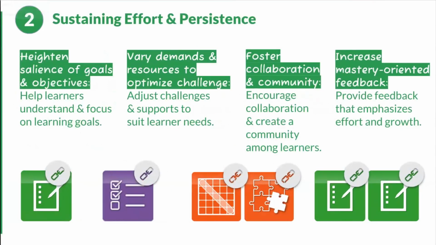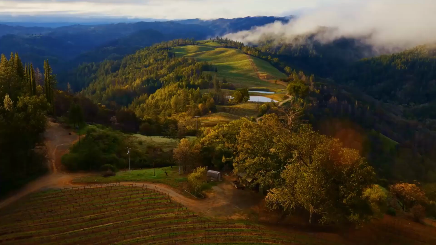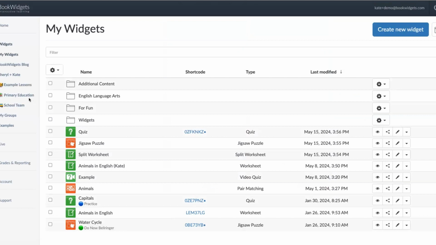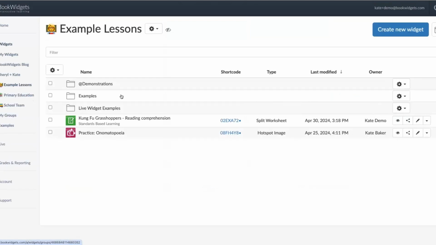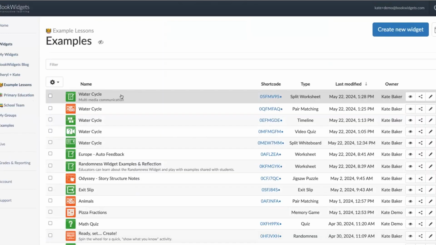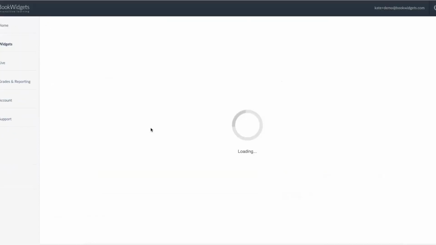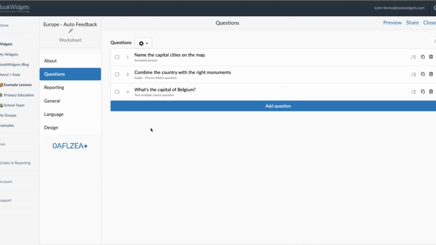So let's go check out that one that I just dropped in the chat, and let's go take a look and see. Oops, wrong way. Here we go. And I want to show you behind the scenes what that looked like. So, examples. Okay. This one. Okay. So behind the scenes, I'm in the widget editor, and what we have is in the